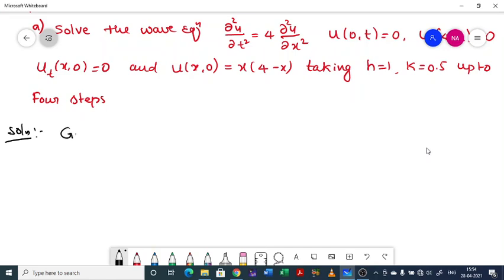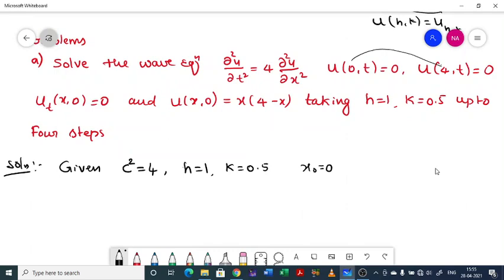So given, if you compare u_tt = 4 u_xx with the standard equation, you can observe that c squared equals 4. h is 1, k is equal to 0.5. Also it is given that you have to go up to 4 steps. So since h is 1, x naught is 0. To find the values of x, you have to look into